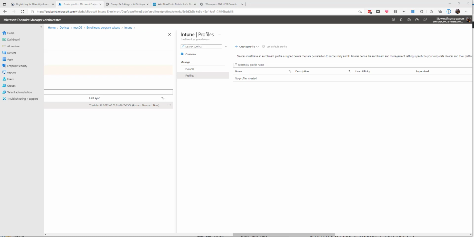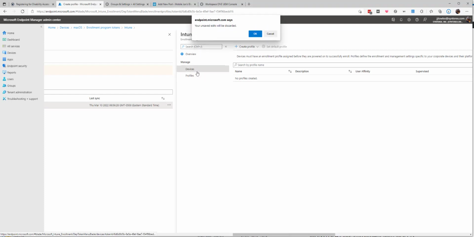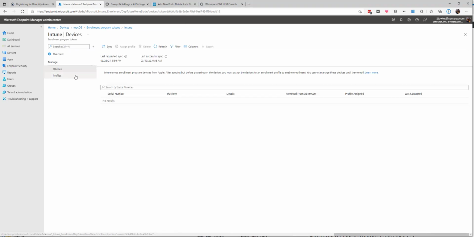So welcome to the Mac OS evaluation, Microsoft Endpoint Manager versus Workspace ONE. We're going to start with going over DEP and seeing what has changed. So we'll start with our friend MEM, Intune, whatever you want to call it. So you can see here, I'm going in to create my enrollment token,